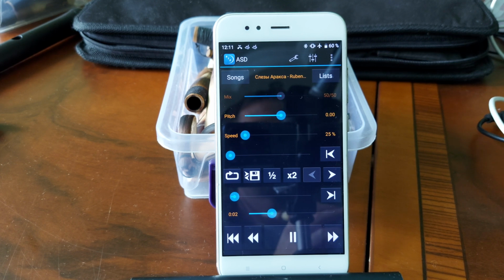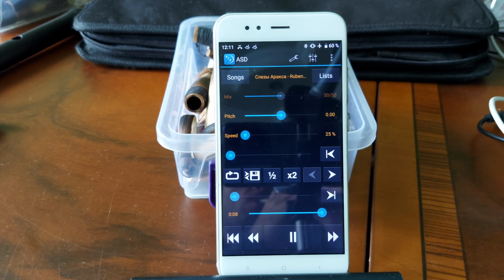So Ruben Harutyunyan starts with the note of B. Okay, he plays in the position 4 and 4 because the last note of the phrase is the note of F sharp. All holes closed.